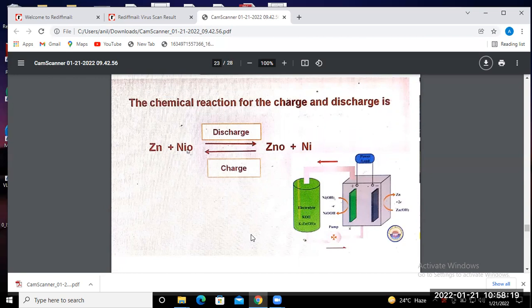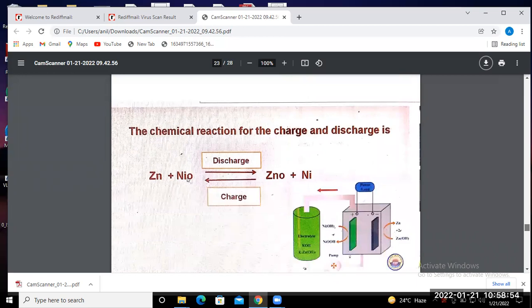So whatever battery we discuss here, you have to keep in mind their material, which one acts as the anode and which one acts as the cathode, and their electrolytes, and their voltage rating. What is the voltage rating for which type of battery? So all these parameters you have to keep in mind for the various types of advanced battery. So what we discuss next is